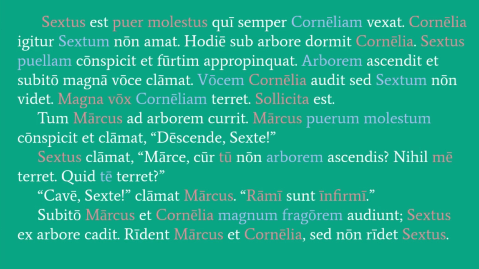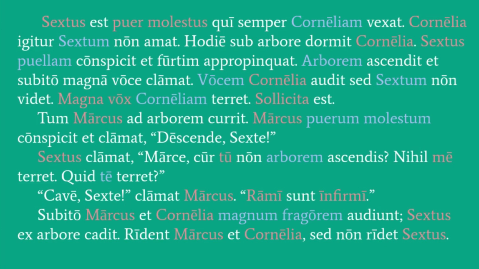So suddenly, Marcus and Cornelia, there's my subjects, right? They're both ending in nominative singular endings, US and A, right? And it's totally fine that they are both singular people. Together, they're forming a plural subject because there's two of them, which is why my verb audiunt ends in NT, right? They hear. So I'm saying Marcus and Cornelia hear magnum fragorem. That's my direct object. They hear the loud crash,